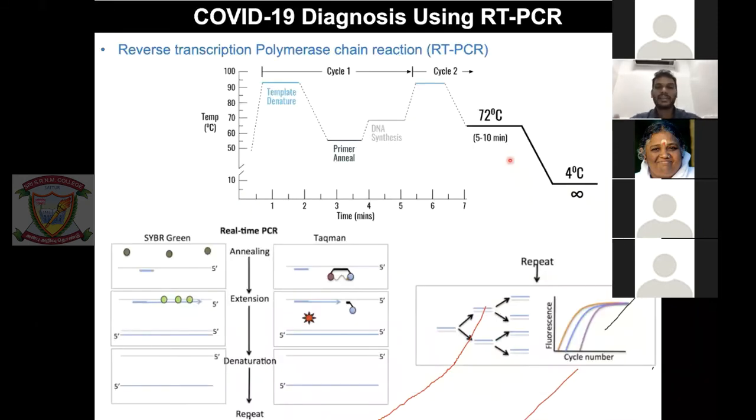And here is the practical view of how exactly we set it in the instrument. We start at 50 degrees, and we set the temperature to 95, and we ask it to stay at 95 from 0 minute to 2 minutes. That is good enough to do the denaturation process. Then we slowly lower the temperature for primer annealing, primer joining. We ask it to wait there for 1.5 minutes, between 2.5 minutes and 4 minutes. And then again increase the temperature. This 72 degrees is when the DNA synthesis is the most.